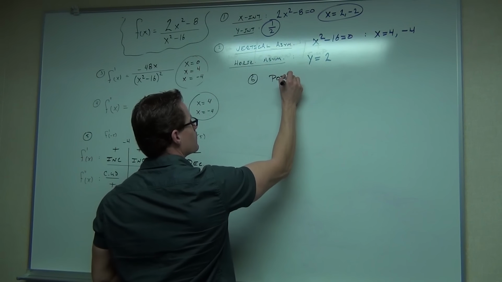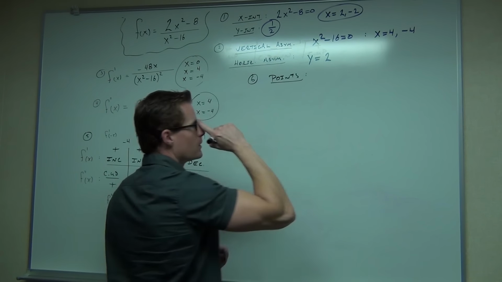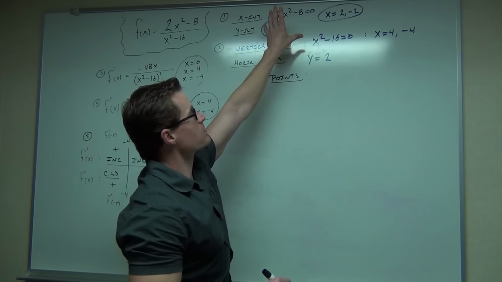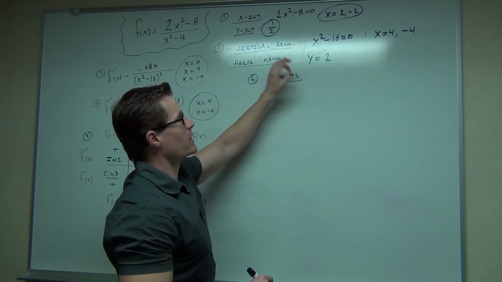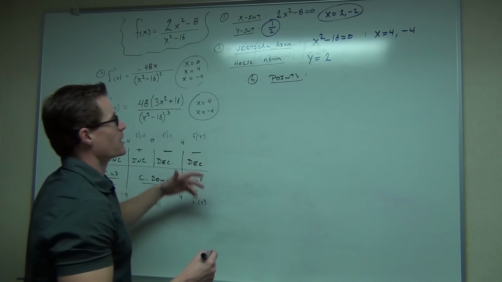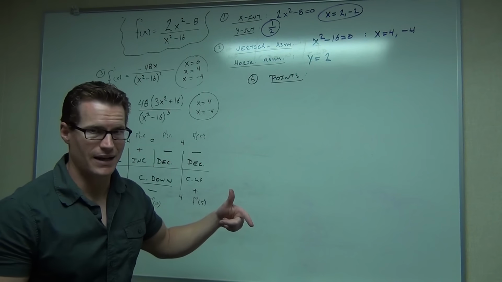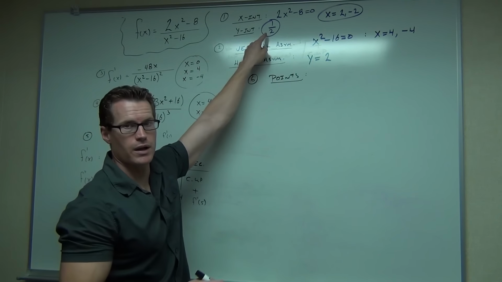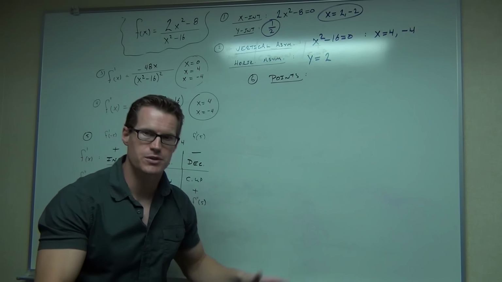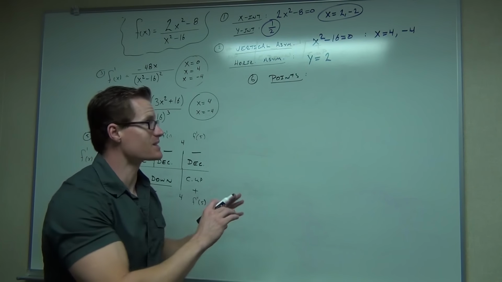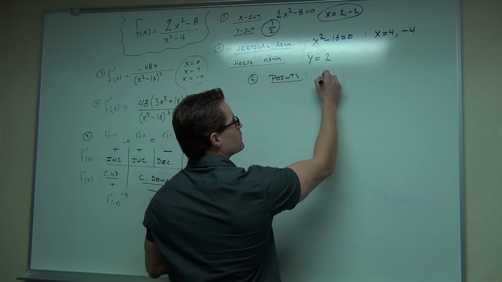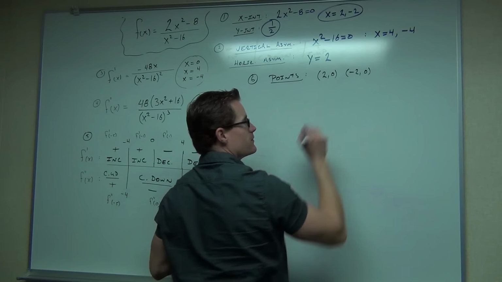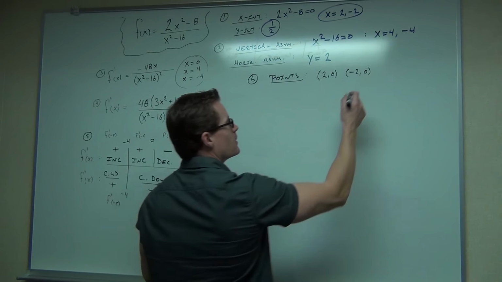So, points. Well, our points are already on the board. We have our x-intercepts, we have our y-intercepts, and we have our asymptotes. You're going to notice that all those points come back again at us. We have 0. Well, if we plug in 0, you get 1/2. That was our y-intercept. So all of our points are basically listed. We've got 2, 0, negative 2, 0. Those are our x-intercepts. We've got